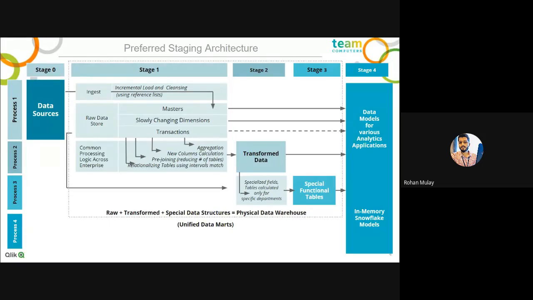So to avoid that, we create a separate component for the special functions. If we create this special list of components wherever we have logic specific to some particular business or departments, then the reload time or the complexity of that special function will not actually affect the transformation components that we have created.